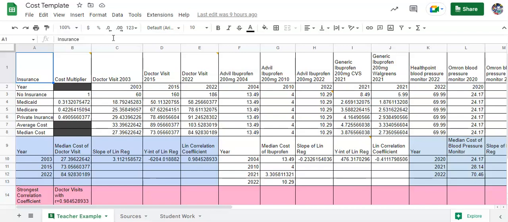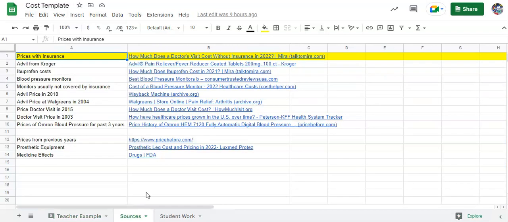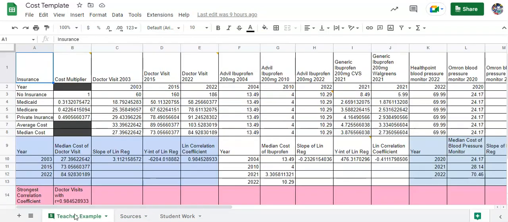In this video, we're going to go over the cost template on the Google Sheets. From this source, Prices with Insurance, I've found that the multipliers for insurance versus different types of insurances are these numbers provided. From there, we're going to choose